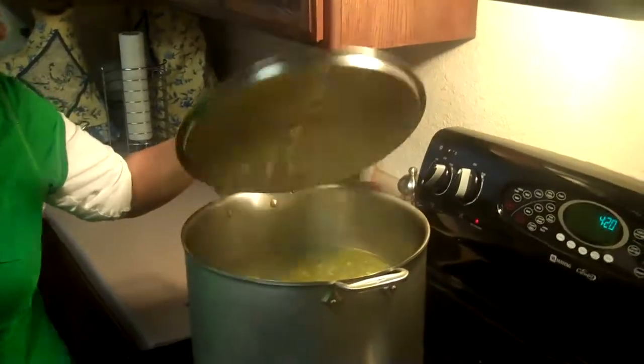Okay, so with the greens, they always add a smoke flavor. So something you could do is add a hickory smoke to it. Then you automatically think, ooh, what about some beans in it? So we can keep it just the way it is, and what I'm going to do, since I made such a nice big pot of it, is I'm actually going to put it in another smaller pot